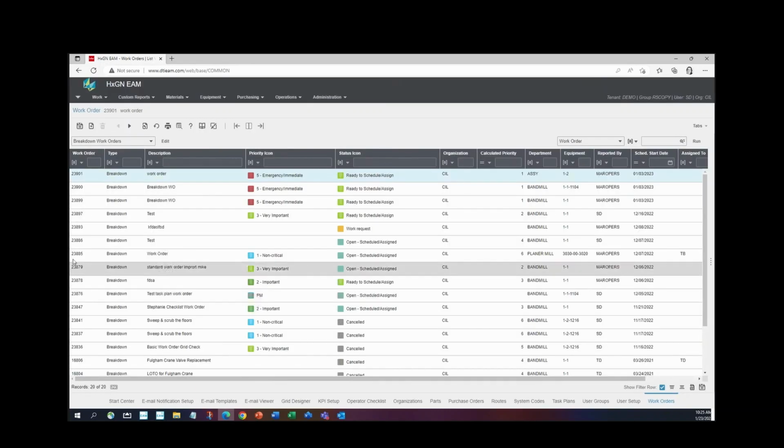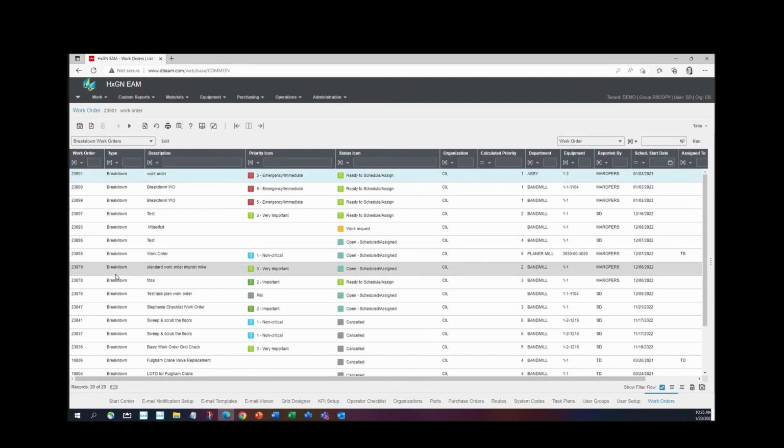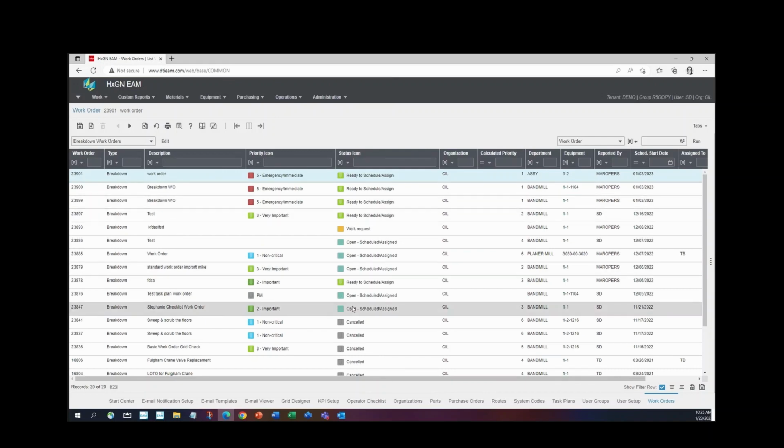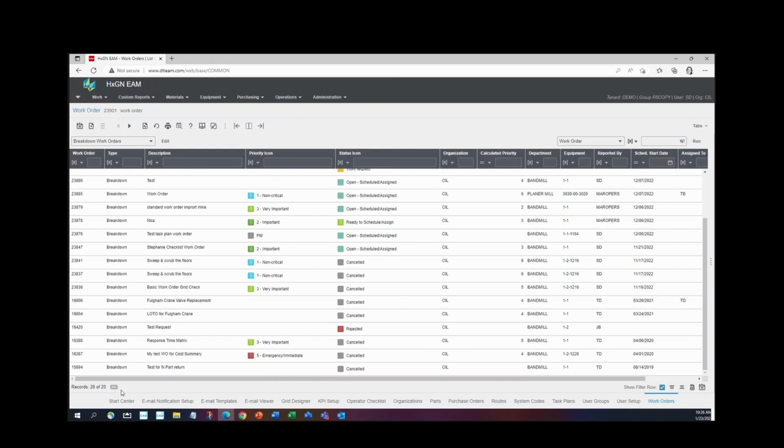Now you can see that I have all of the breakdown work orders that are not in the closed status, but I still see canceled, and there's 20 of them. But I really don't want to see the canceled ones, so it's real easy to update your Dataspy. So you're going to hit Edit,